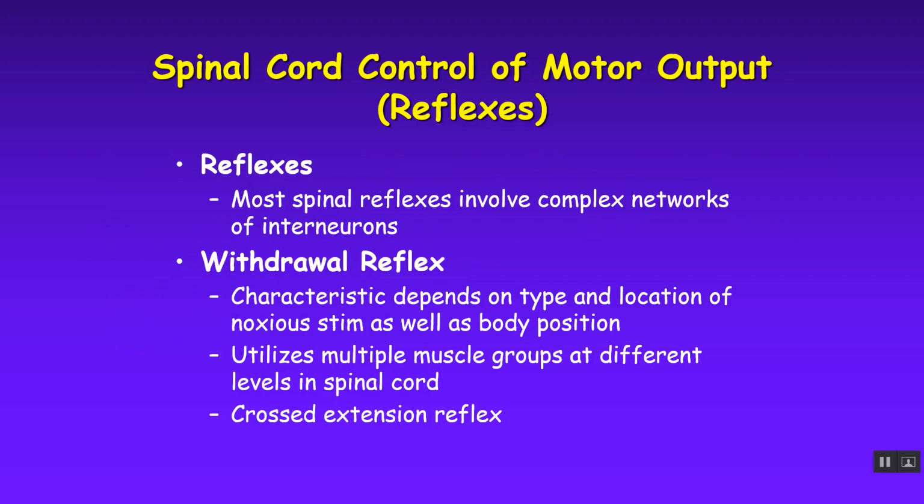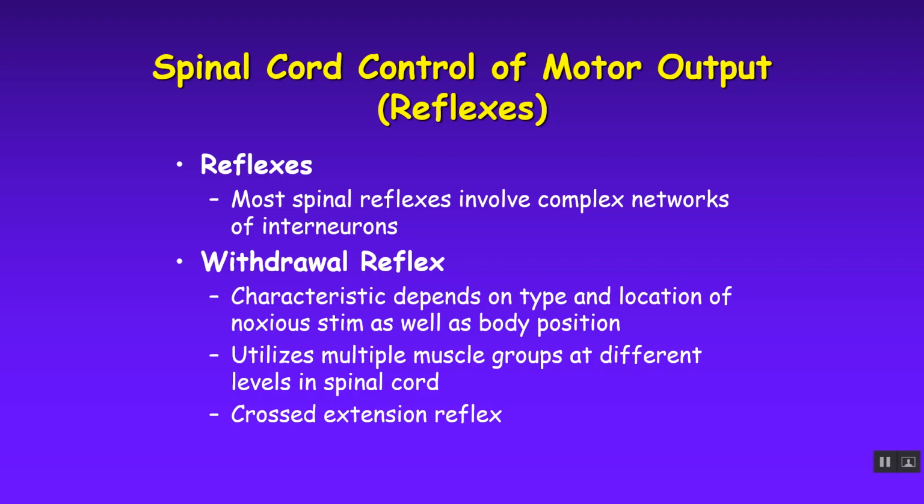And there are also autonomic reflexes that occur right at the spinal cord level. So let's talk about some of these reflexes. Most spinal reflexes involve complex networks of interneurons, and you use those propriospinal axons to communicate within the spinal cord through multiple levels. So some of these your book mentions. One of them we've talked about already is a withdrawal reflex. It's when you put your hand on a hot stove or step on a tack, and you quickly withdraw from the